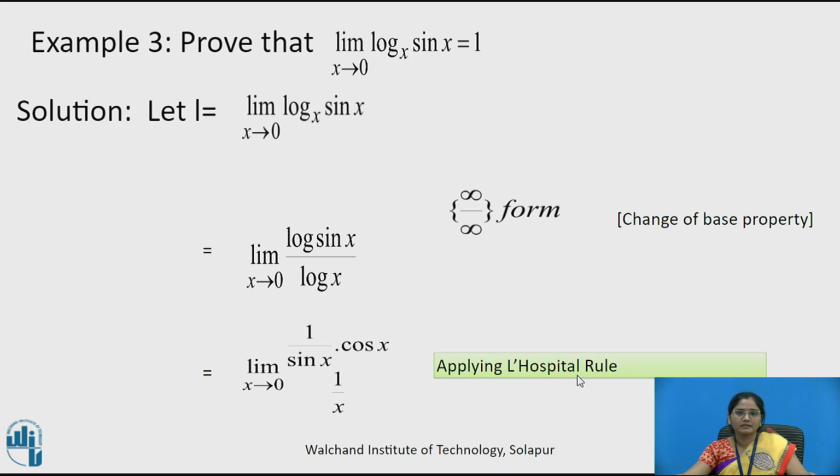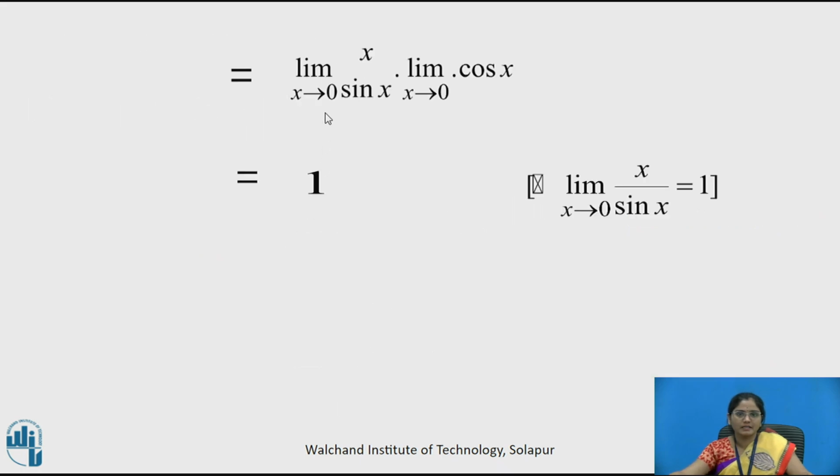Now, applying the L'Hospital rule, limit x tends to 0. Now, the derivative of the numerator log sin x is 1 upon sin x into derivative of sin x is cos x, upon log x derivative is 1 by x. Now, students, rearrange the terms. You will be getting limit x tends to 0 x upon sin x